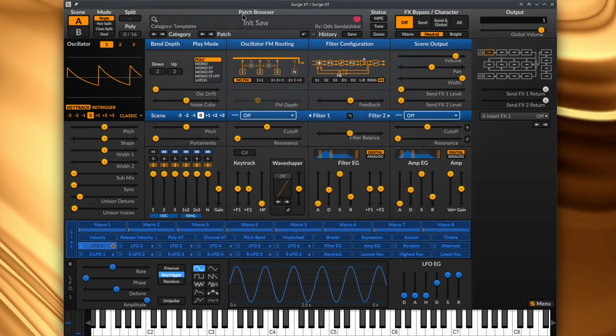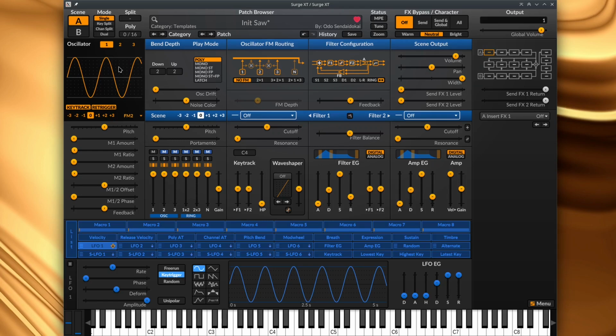So this is some random other template, and then you can go here to the oscillator. Oscillator 1 is currently active, and in this classic menu I can just switch to FM. So now, even though it says saw, because that's the template name, you have an FM